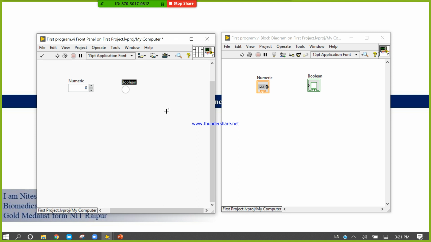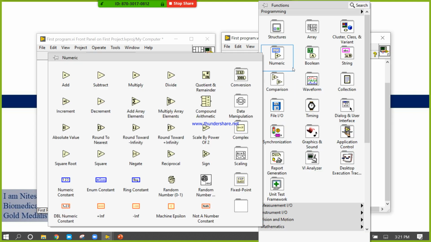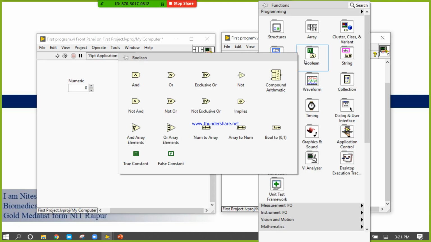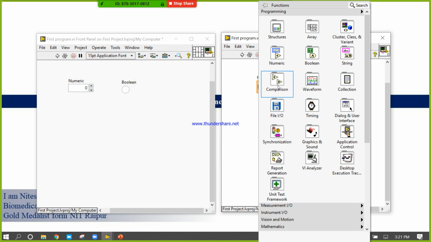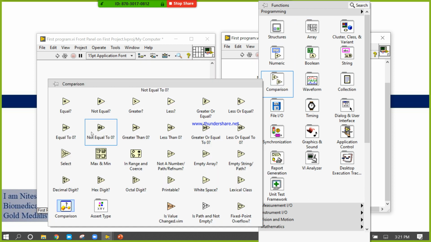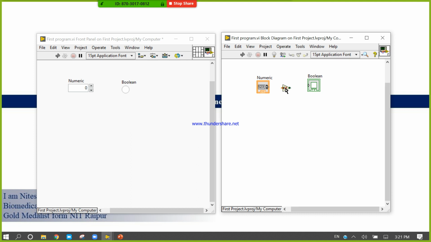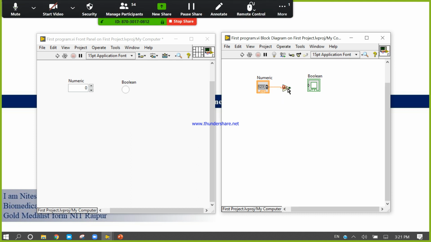But in the block diagram you will write the code, by using functions, wires, nodes, and structures.